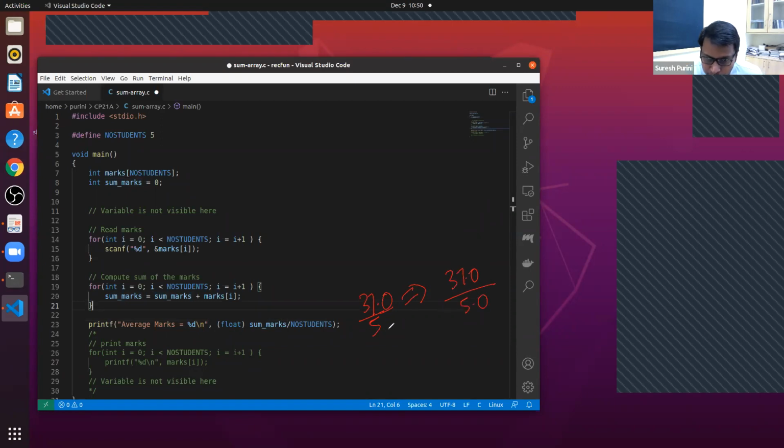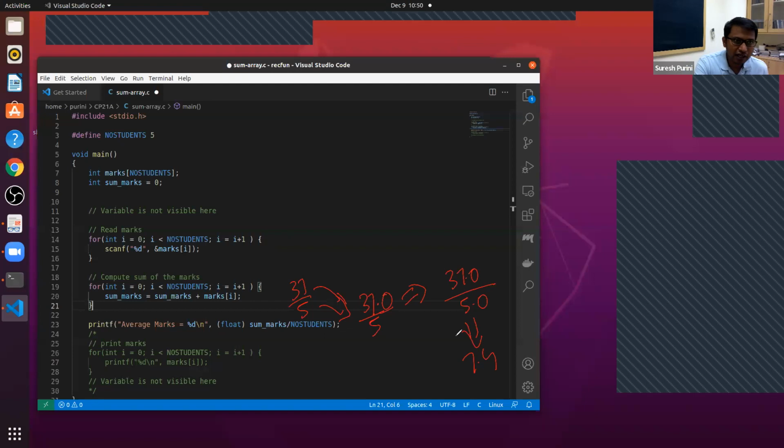This is an implicit typecasting of 5 to 5.0. And then finally, the output we get is 7.4. Are you with me? We are using explicit typecasting for sum_marks so that 37 by 5 becomes this, and we move from here to here through implicit typecasting. And finally, we are generating 7.4.